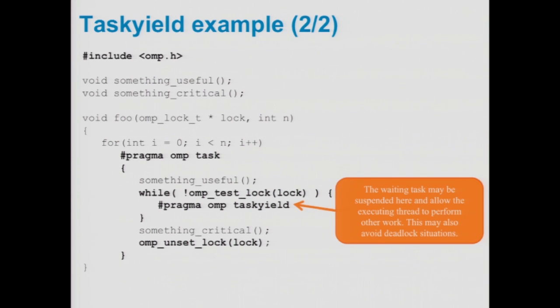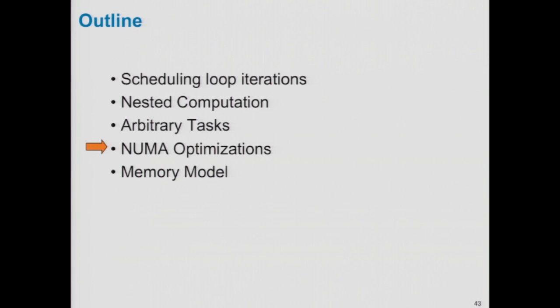mechanism. If you have a lot of tasks, if you have the tasks spin without yielding, there's a possibility you may end up in a starvation situation, because if every task is spinning waiting for a result from a task that's deferred and hasn't executed yet, none of them are going to make forward progress. But with Taskyield, it releases that thread to execute one of the other tasks, and you can get forward progress again. So let's get into NUMA optimizations, and then we'll get into a closely related thing of